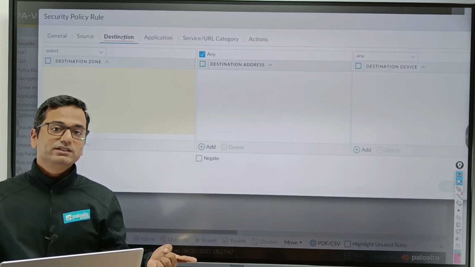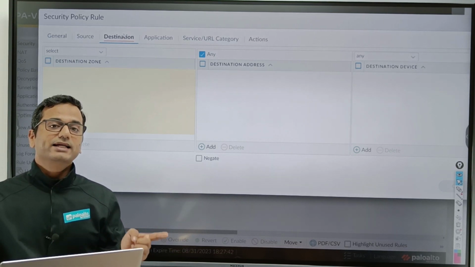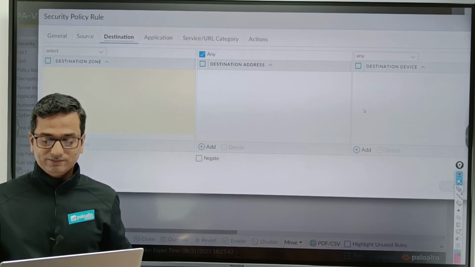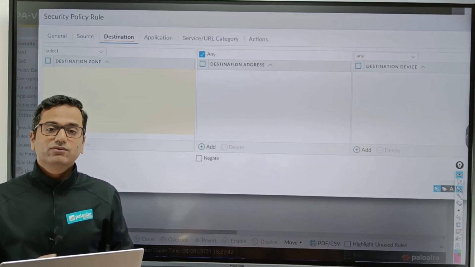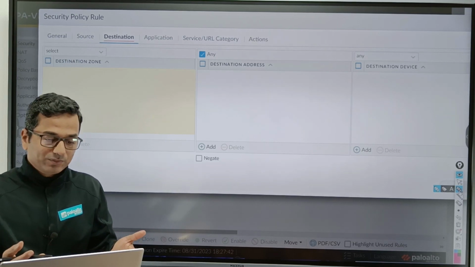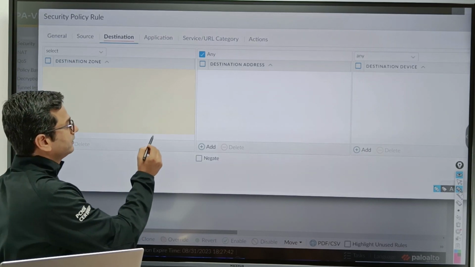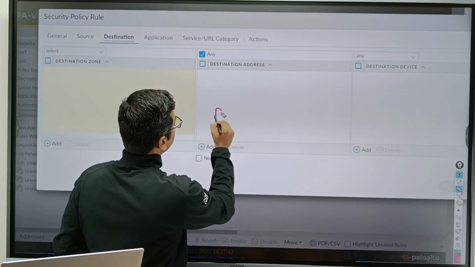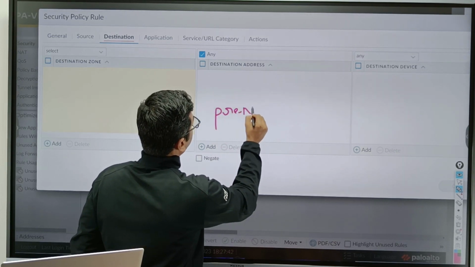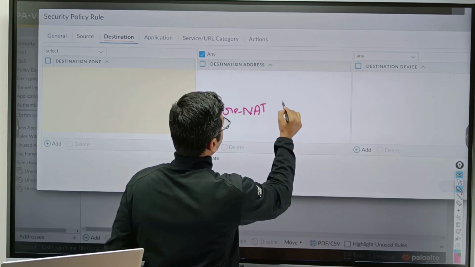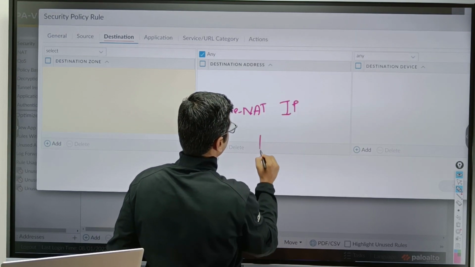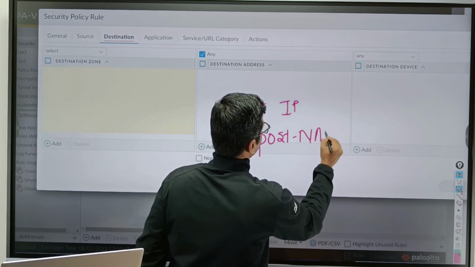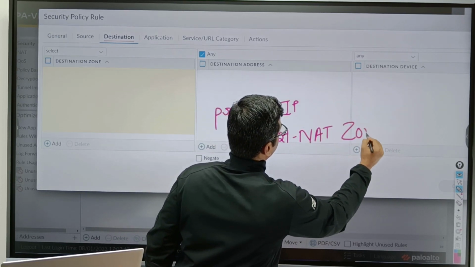Now what about the destination zone? In the NAT policy, we have considered ISP-A to ISP-A, but what about the security policy? There is one rule when you are performing destination NAT. In the security policy, you always use pre-NAT IP and post-NAT zone.